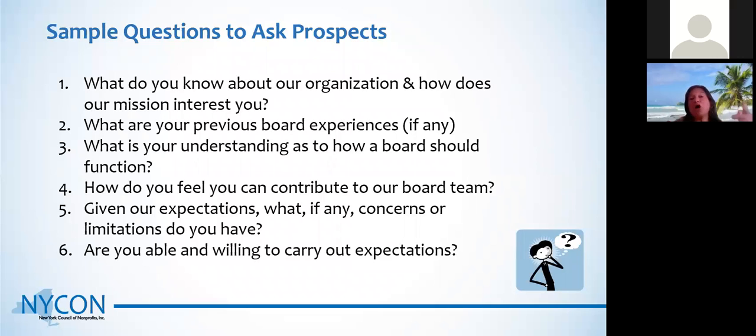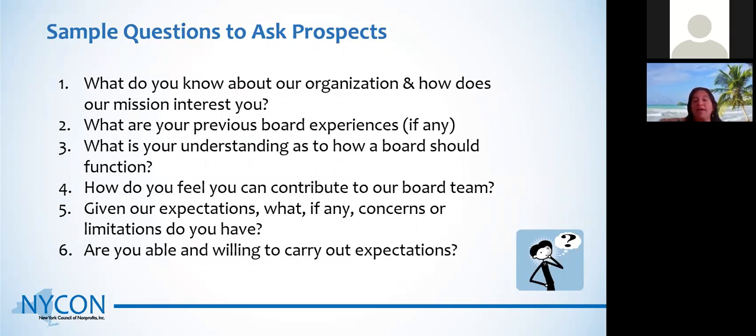Or you may have a board culture that changes your meeting schedule, which I don't advise, but for instance, I serve on the board of a local organization, and pretty much 5 out of 7 of us are professors, so every semester we have to revisit the meeting schedule depending on their teaching schedules. So that becomes a challenge. But do they have concerns about their ability to give at a certain level, right? If you have to be a member at the $500 level, can they financially afford that? Or can they participate in a committee? Can they help with fundraising activities?